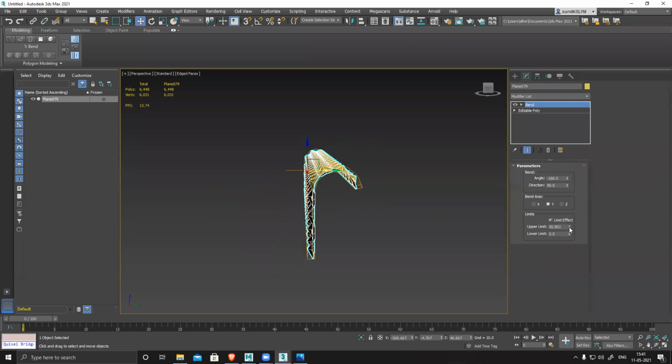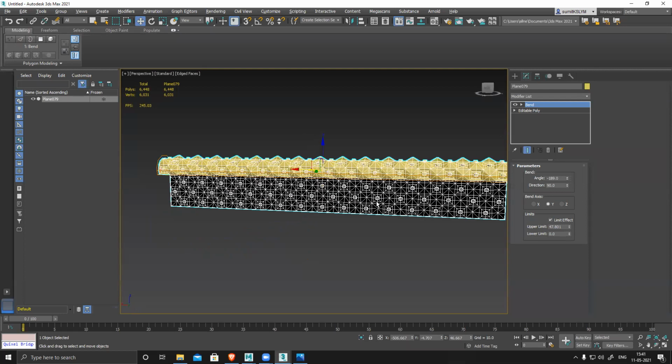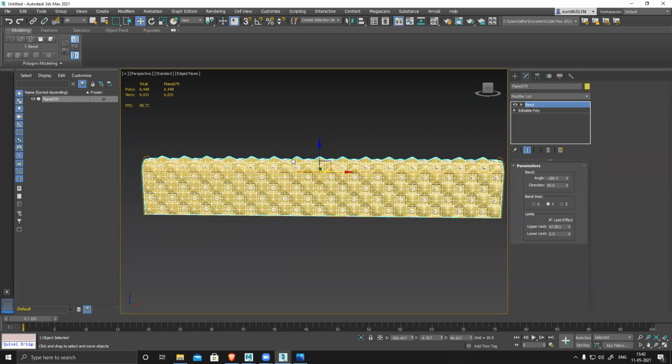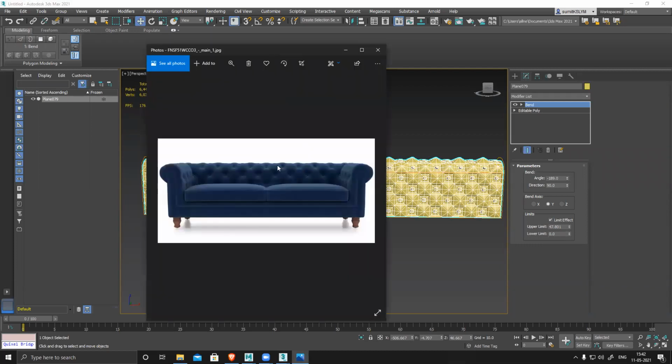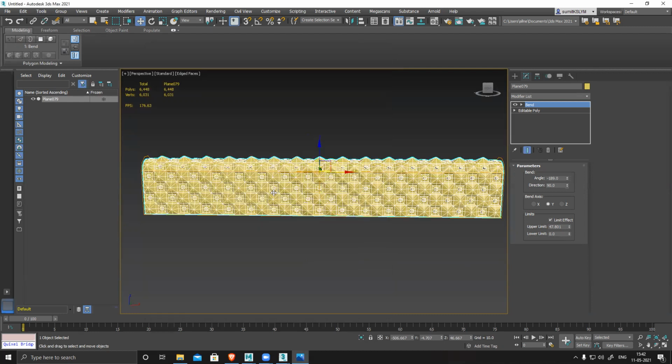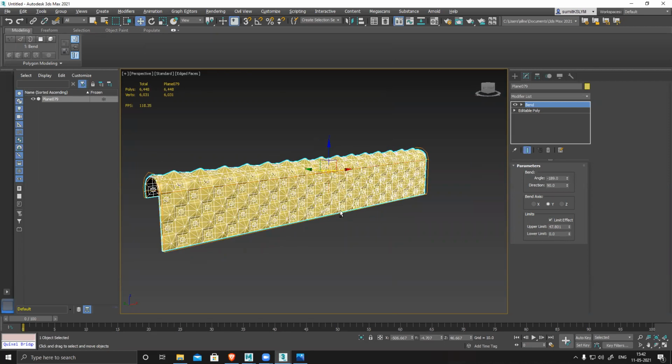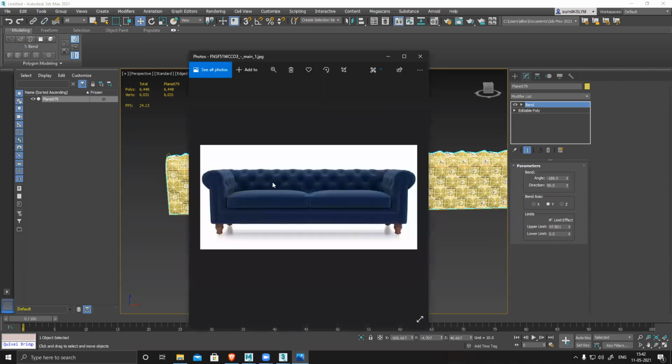Based on this, it will bend and will give you a nice effect. Almost perfectly straight shape. No need to worry about these pinching points. You can see that those things are visible here also. Now this is ready. Now you need to bend in, you can see the left side and right side also bending,